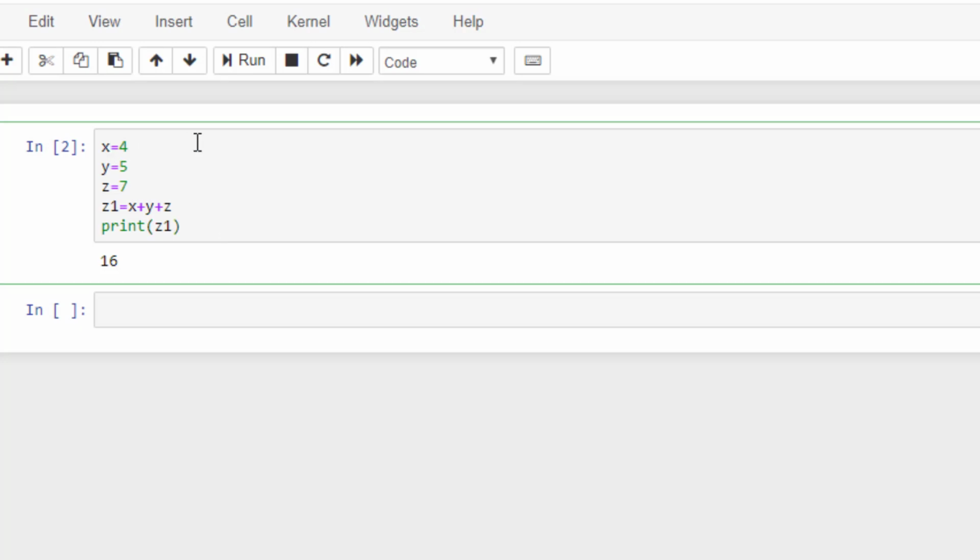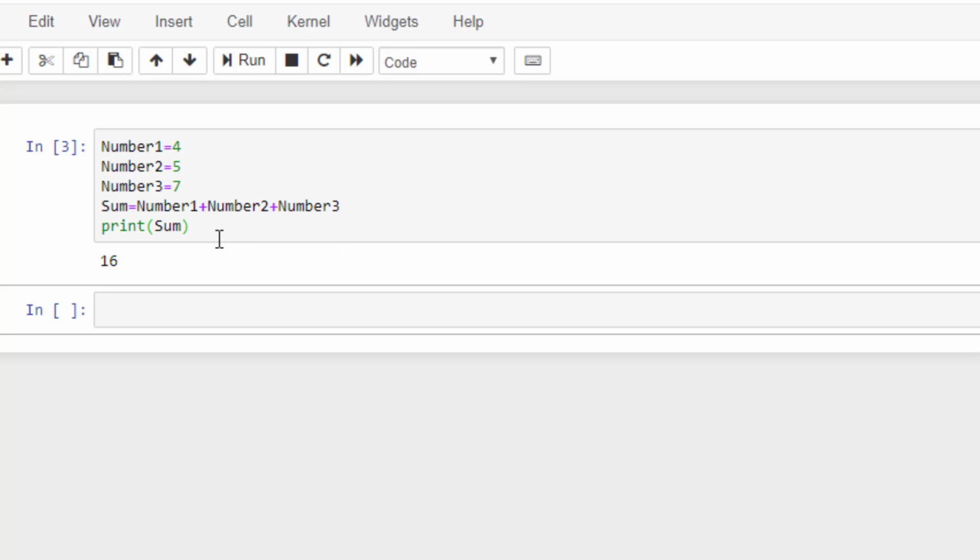If I just change this variable into, let's say, number1, this is number2, and this number3, and replace all of them like this and change this z1 into sum, and when I print sum here, it gives the sum of all these three numbers.